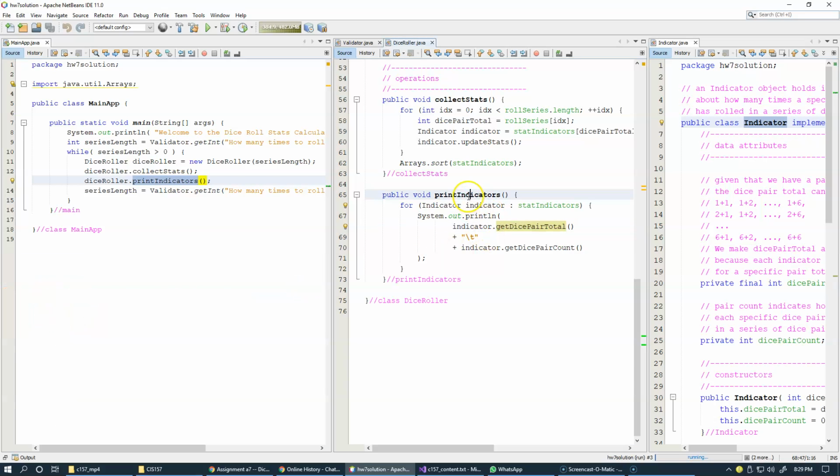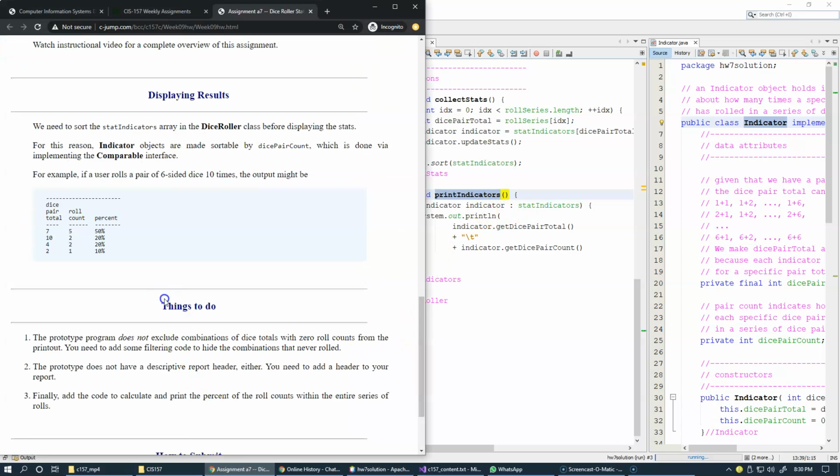So of course here on top of print indicators, you can add a header, print the header, or potentially you can have a separate method inside the dice roller class that could be called print headers or print header, something like this. So I want you to be able to do that. So basically add the header. The second